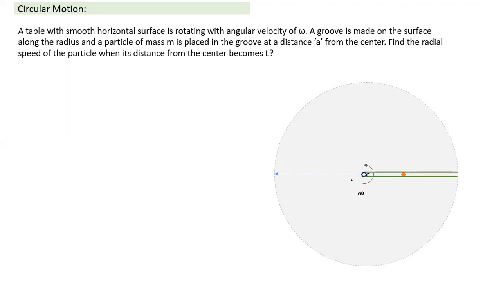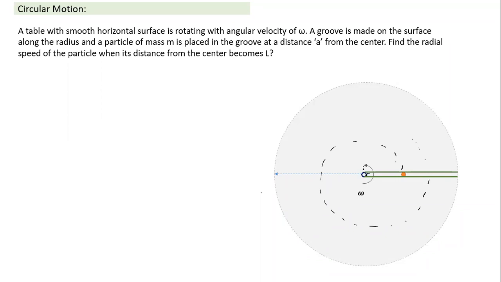See, even before we started, to analyze this question again and recap how we should think: what if I observe from the ground, standing away from the platform? What kind of motion will this object have? We don't know. We think it will go like this, some spiral kind of thing. It will have a very odd trajectory, which is difficult to analyze. But is there any other frame of reference from where the motion becomes easier to understand? We see from the rotating frame of reference. Do you understand why we choose the rotating frame of reference? Because it makes the solution of the problem easier.